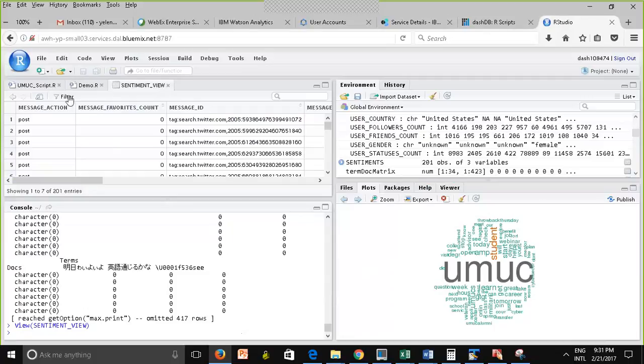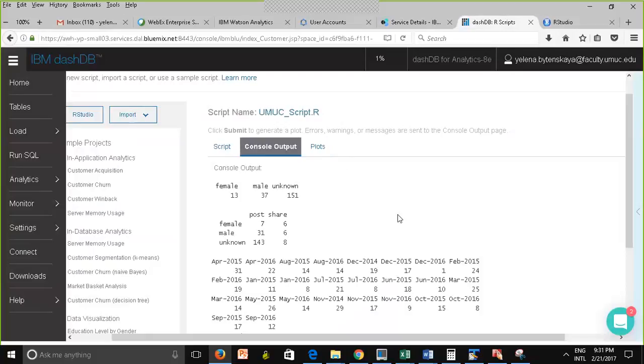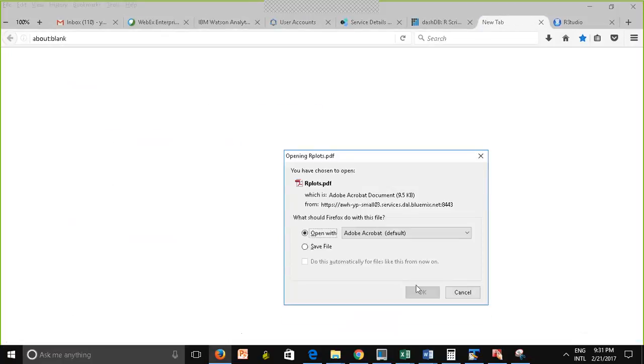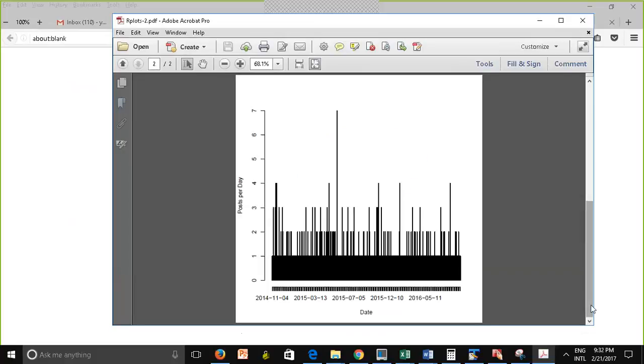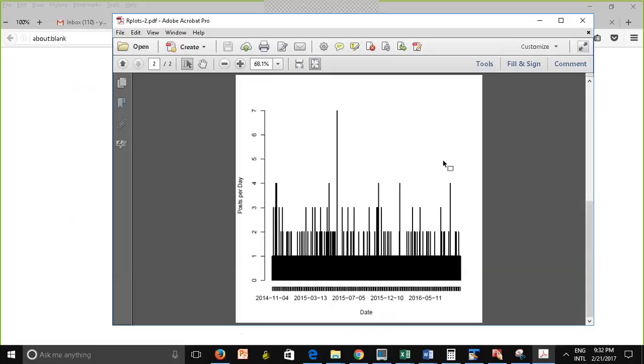If I make a change to the script, I have to save it. Otherwise, I cannot access it here. See, it finished running, and the console output is going to show me exactly what it was showing in the RStudio console panel. For plots, I would have to click here, and it will open the PDF file. It's all my visualizations. For some reason, it's showing only 2, because the script that I just ran, that's what it just produced. I did not run the script with more than 2, I think. I just ran the small one.